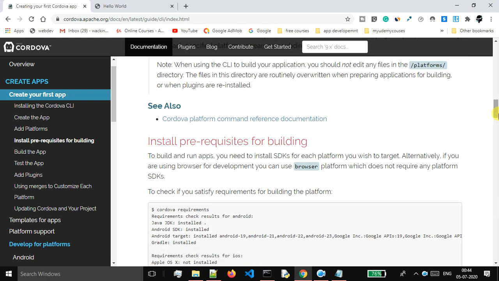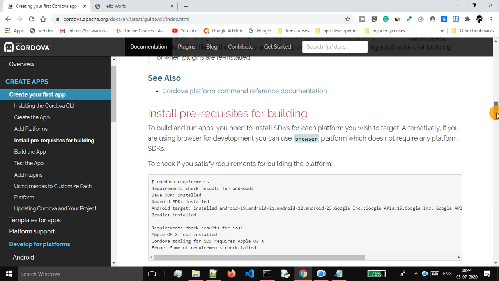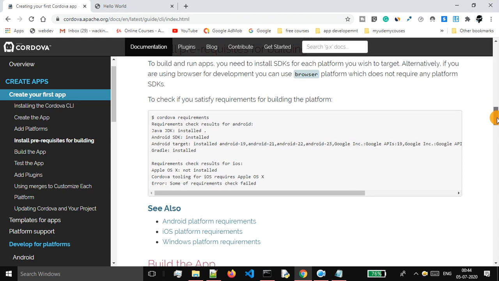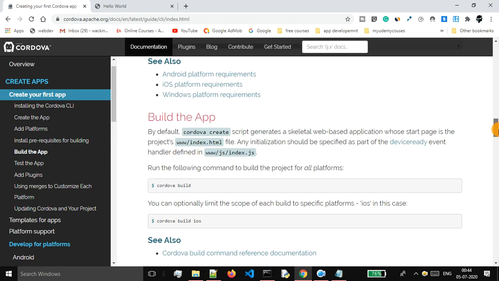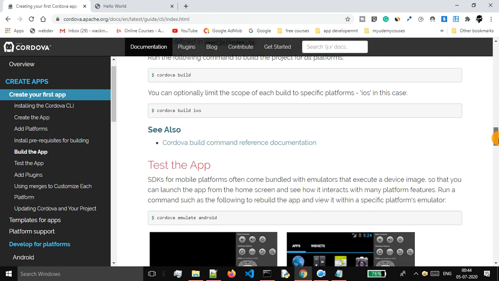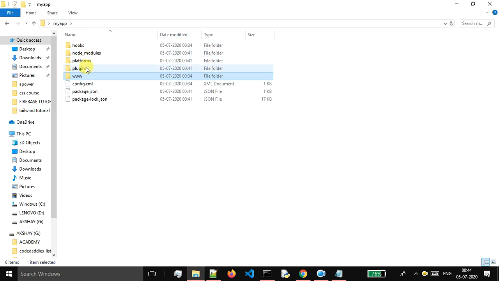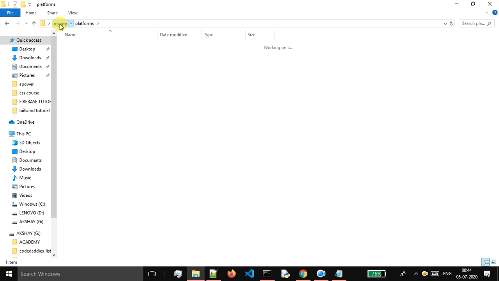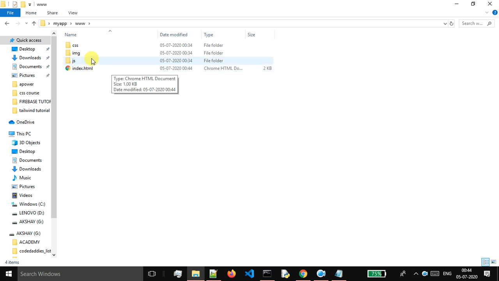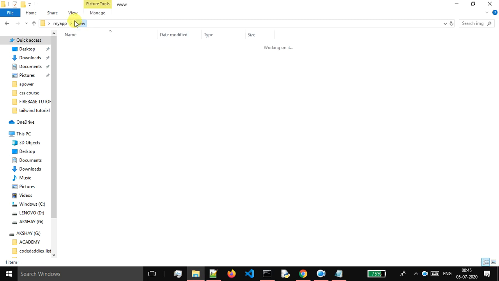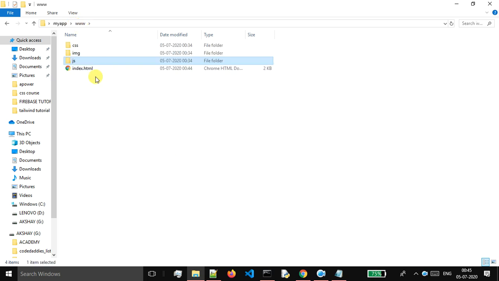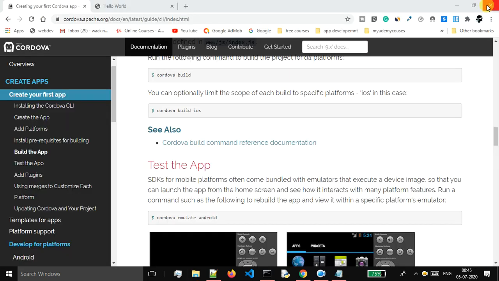So basically we will only see the things that are required by us inside of this documentation. That's it, we won't be going in depth. Now everything is done. We have installed our Android platform over here inside of the platforms. Then you can go and write your code inside of the index.html, put images inside of this image folder, CSS file in a CSS folder, and JS file inside of this JS folder. And once you are done writing all your code, then what you have to do is just